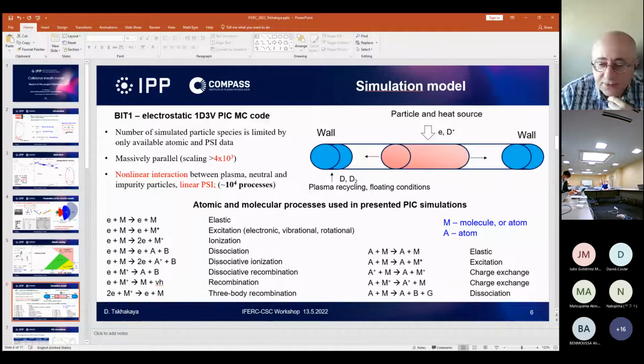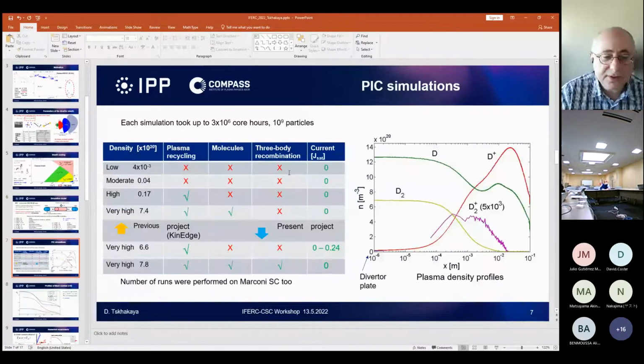And this is quite a large set of physics, I mean atomic and molecular and plasma-surface interaction processes, which were implemented in the code version used for this project. In the new version we have many more processes, but for the plasma sheath simulations this was more than enough. It's important that it has a nonlinear model between plasma, neutral, and surface, so it self-consistently reproduces the physics necessary for the plasma sheath. It's massively parallel, and as I will show at the end, it's quite time-consuming even for simulation of the plasma sheath. And this code was used under the project.